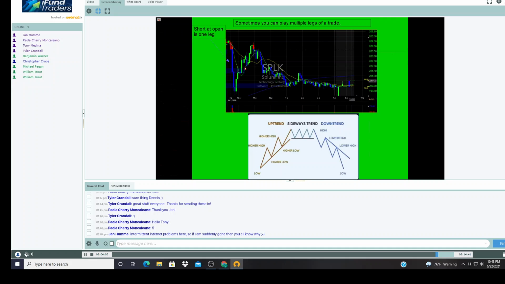You see the ribby and another ribby, then a pullback, and a ribby. So I taught you guys about ribbies, and I taught you guys about pullbacks, right? This is a hang glide. This is not a violent big bar down. This is a nice little pullback to the 8, and then rides the 8 train back up, right through the prior day's close. And you can short it again, right?